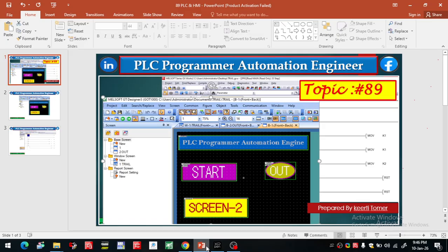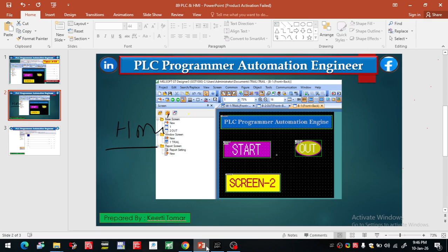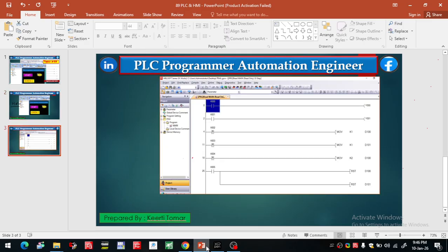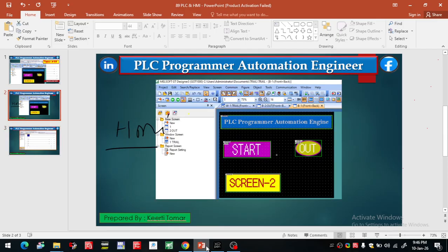In today's lecture, we'll discuss the HMI and PLC software installations, in which the first one is GT Designer 3, which we use for HMI, and the second one is GX Works 2, which is for PLC programming. In both of the softwares, we learn about the installation process, the terms, the commands that we use for the programming, and all the further